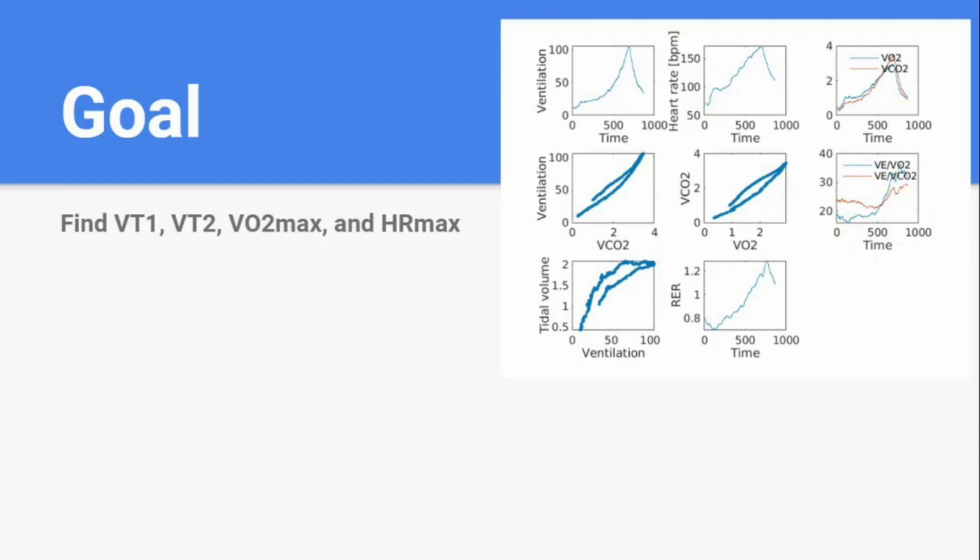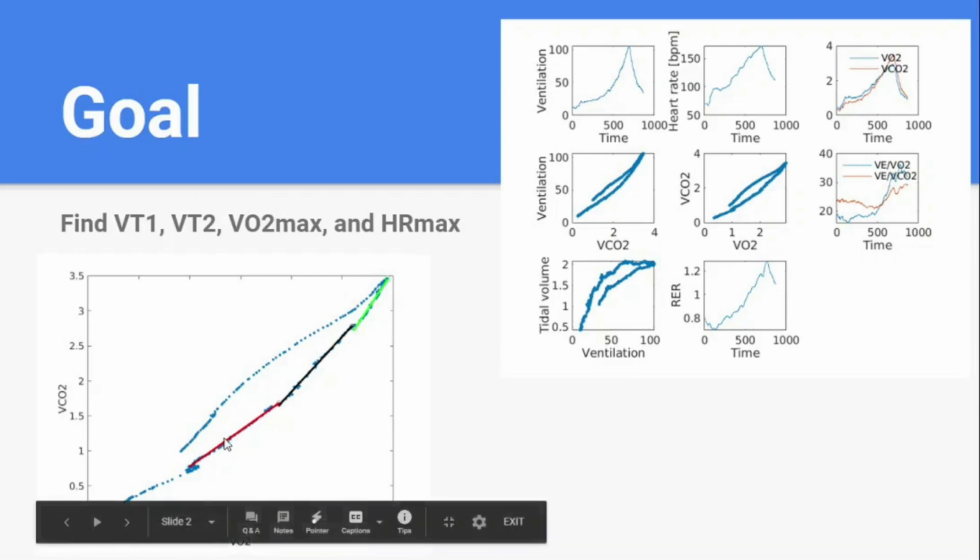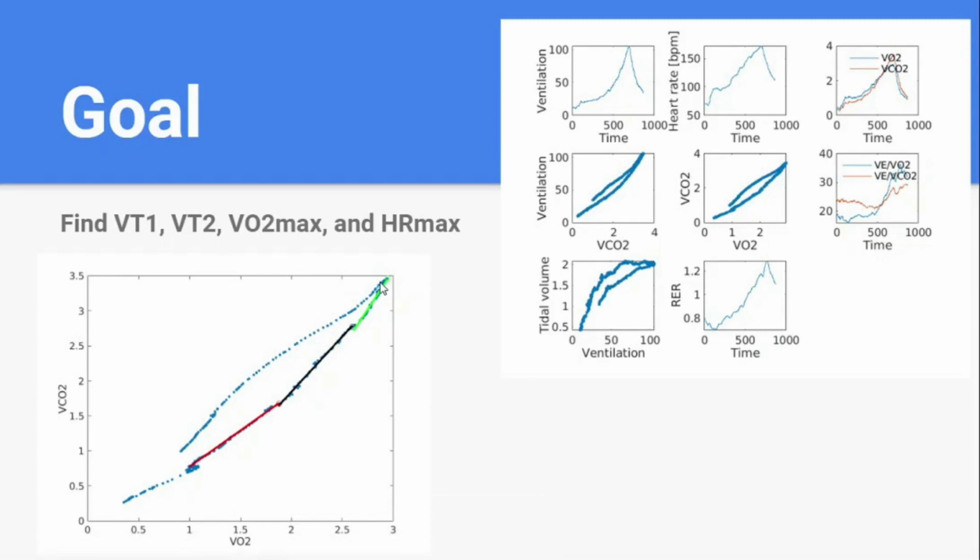Anyway, I'm gonna show you how to detect the point in a moment, and also I'm gonna make a plot of this. This is a bigger version of panel number 5. As you can see, you see the deflection point right here, which is BD1, and the second point, which is BD2. And I made a trend line from the starting point of exercise to BD1, from BD1 to BD2, and from BD2 to the end of the exercise.